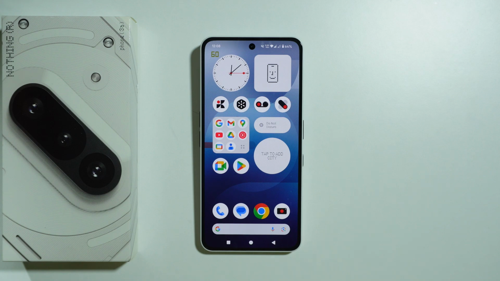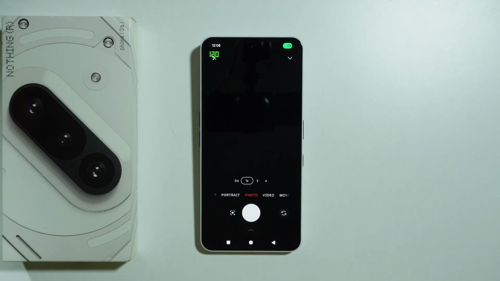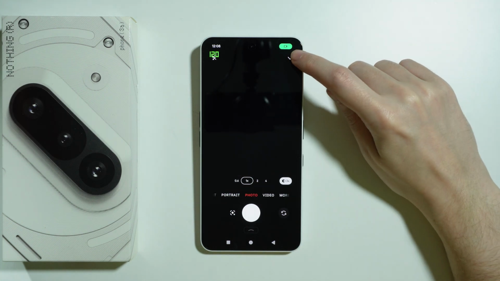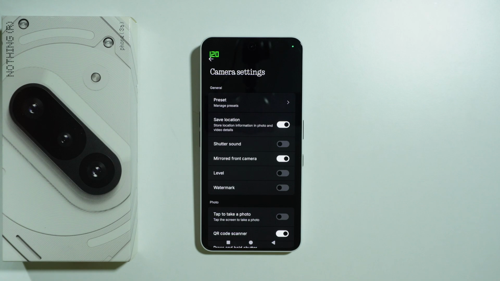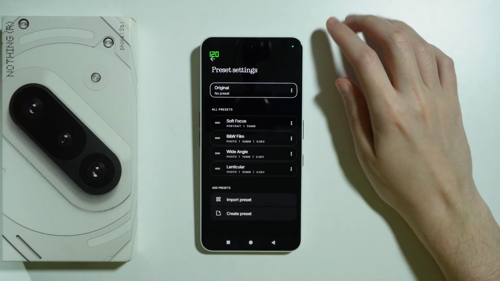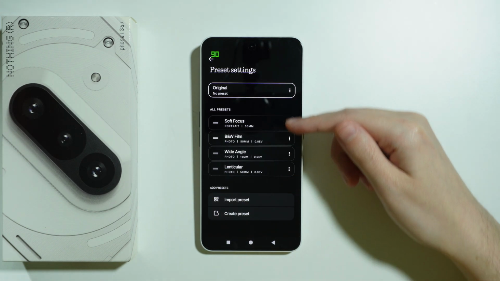In this video I'm gonna show you all camera settings available on Nothing Phone 3a. So let's go to the camera. Let's tap on this arrow in the top right corner, and then we have more settings where we can find the camera settings. First we have presets, where we can find all presets that we have